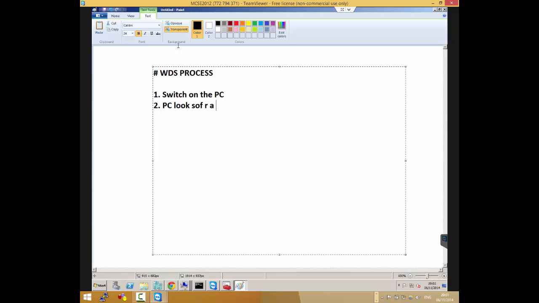Once it gets its address from the DHCP server, it also receives information about the WDS server.